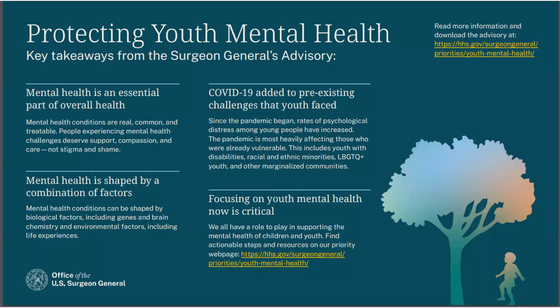Mental health challenges are the leading cause of disability and poor life outcomes in young people. And in recent years, we have seen substantial increases in certain mental health disorders in our youth, including depression, anxiety, and suicidal ideation. So in December 2021, the US Surgeon General issued an advisory on protecting youth mental health, calling it an urgent public health crisis that will require, quote, an all hands on deck effort to address.